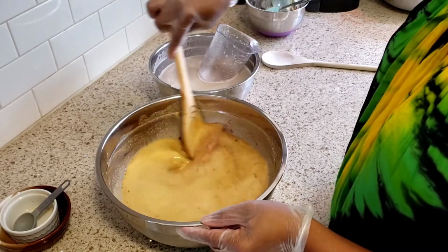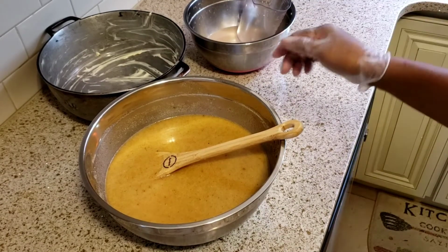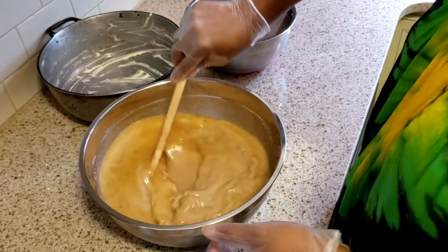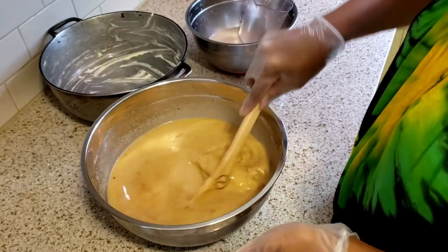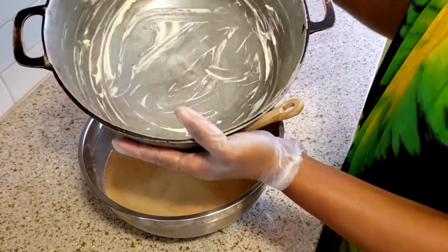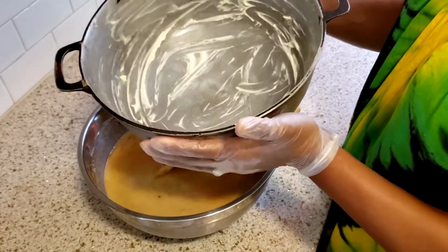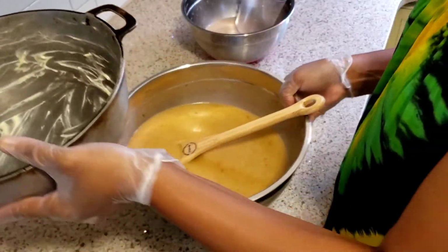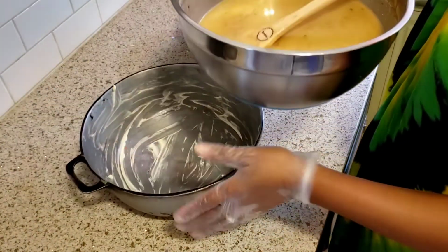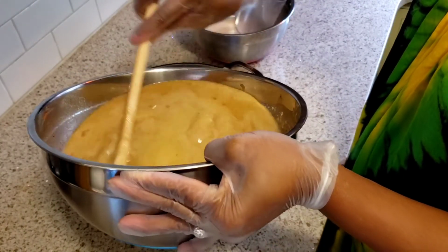Okay, so our mixture is ready to go. Everything is combined perfectly. Again, here's my Jamaican Dutch pot that is nicely greased. I am going to pour my mixture into my Jamaican Dutch pot. So you want to make sure your mixture